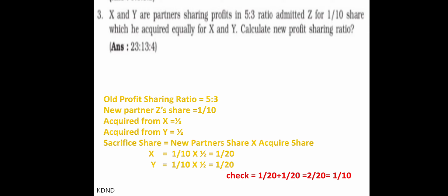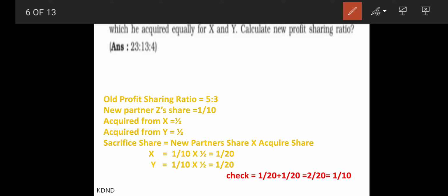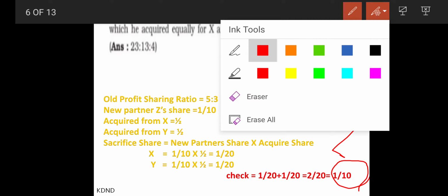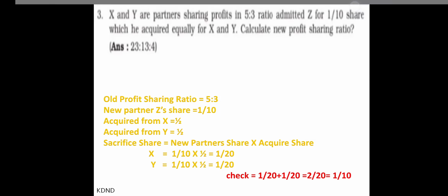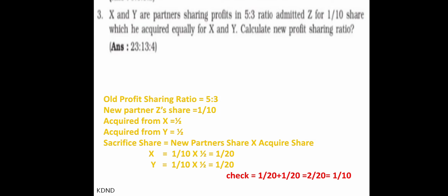So, we will get easily the sacrifice share of them. Sacrifice share should always be checked: 1/20 plus 1/20 is 2/20, which is equivalent to 1/10, that is the new partner's share. So always check this, so we can always get the correct answer. Now the sacrifice is ready and the old partner share is given, and we have to move to deducting from